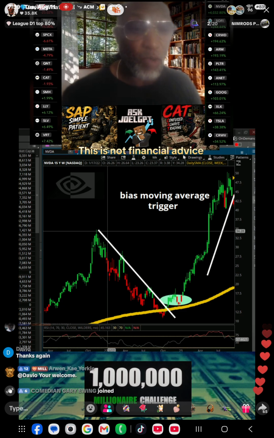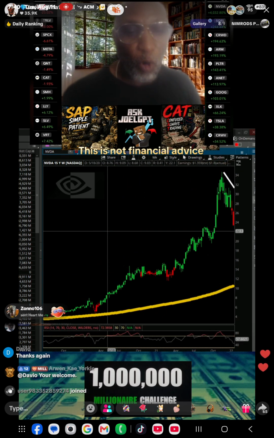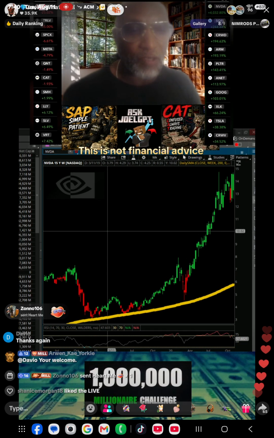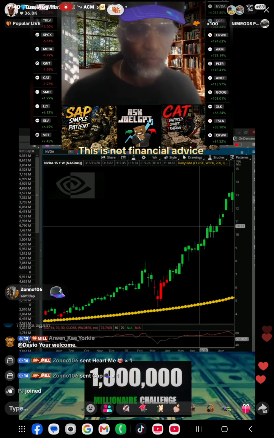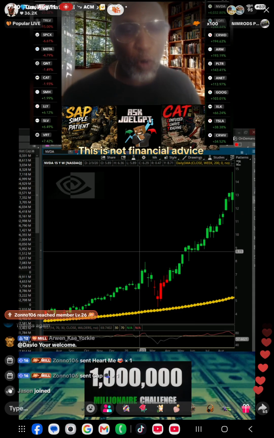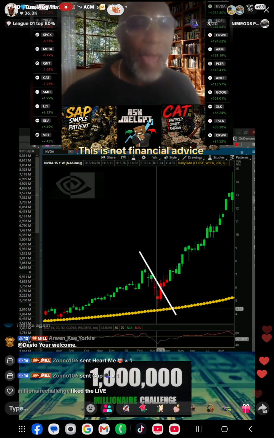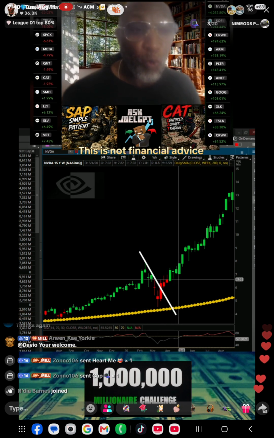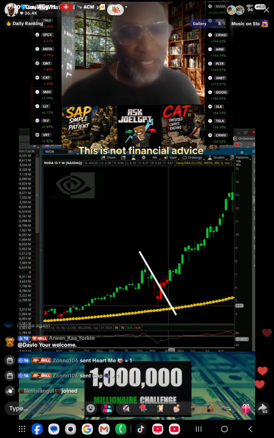Now, I'm going to show you guys when I bought it. I've been buying this stock over and over again since 2016. This is when I bought it. Look at this, guys. We got near the yellow brick road, but I did something that I normally don't do. I bought it right when it was about to touch the yellow line. Now, why did I do this? I'm going to tell you why.